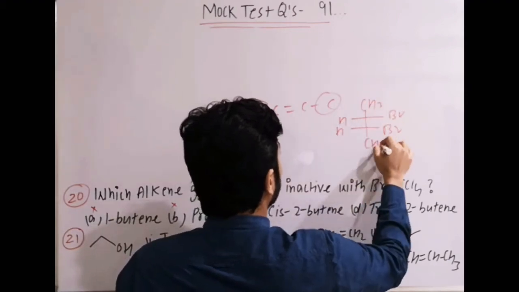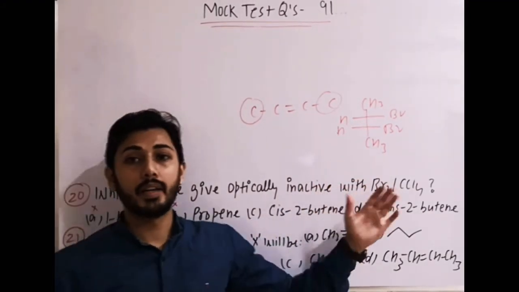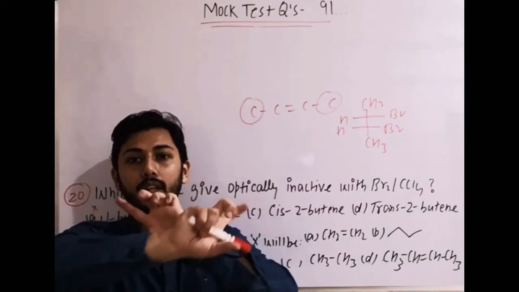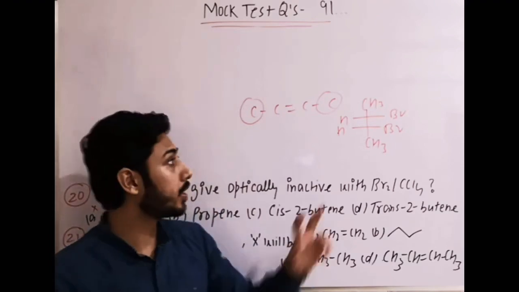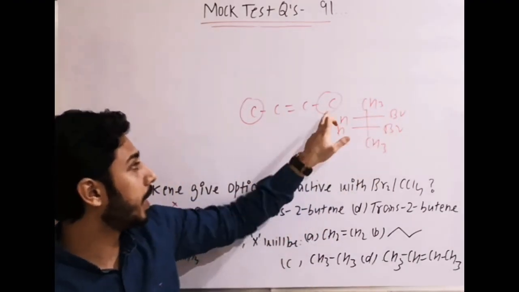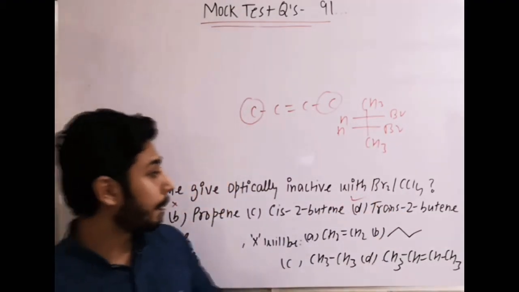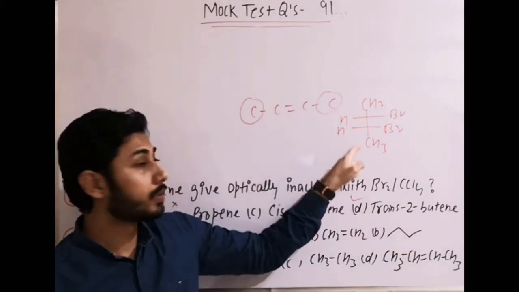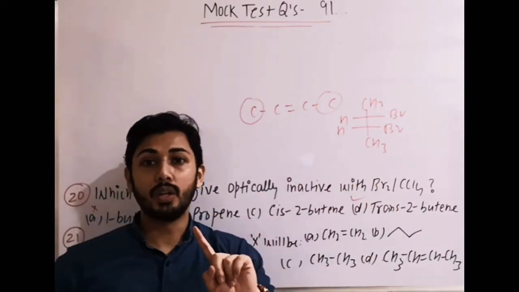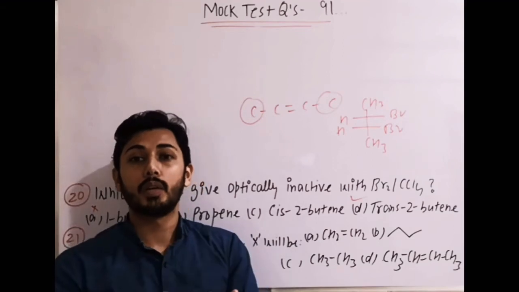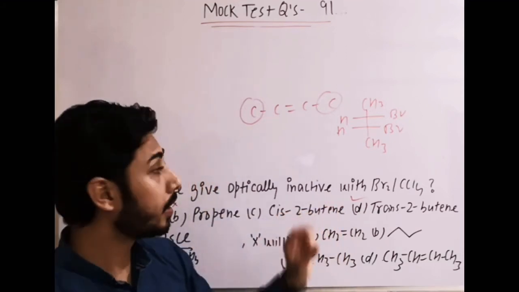Even by stereochemistry you can solve this, but it was time-taking. If you try to solve, you can also get the answer by writing trans-butene, then doing anti-addition, and finally when you rotate the molecule into an eclipsed form, you will get exactly each group in front of each other, like CH3 in front of CH3, Br in front of Br, H in front of H. So the answer is trans. I told you how we are getting it, remembering that every group should be the same, then we use this trick. If I say here methyl, here ethyl, then it is not meso, then we will get its enantiomer also and it becomes racemic.